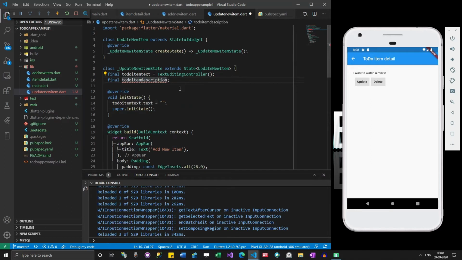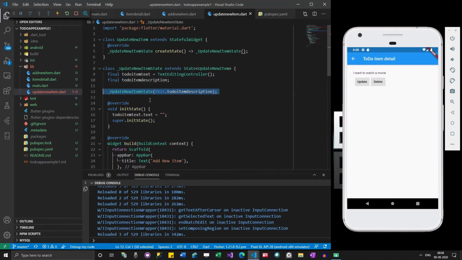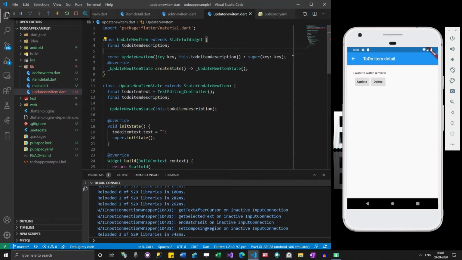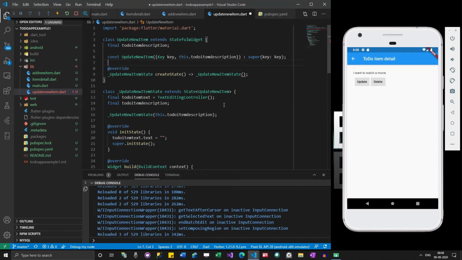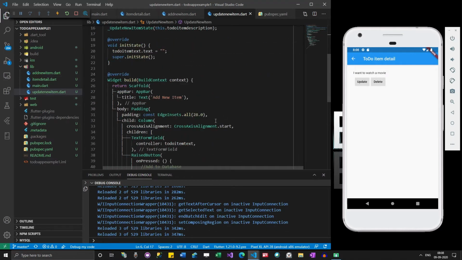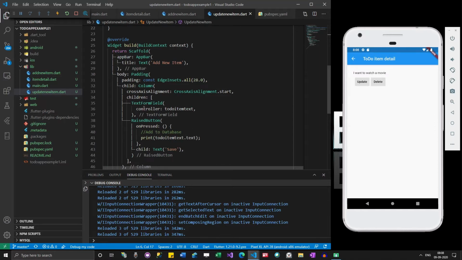To resolve this issue, we'll add a constructor. Okay, so we have added this constructor. As soon as I added a constructor, you can see this started failing. There is an error. Let's resolve it. Because this is the class which we are going to call from the other files, we have to add the description over here, and then the necessary constructors over there as well. So we just have to pass it over here. So this message will be passed from this class to this class, and we will be able to use it for this.